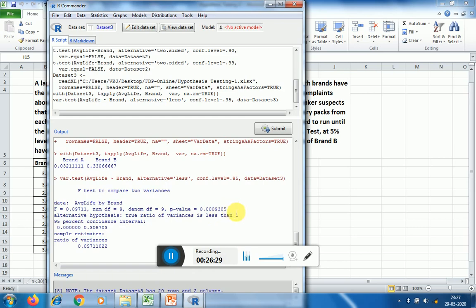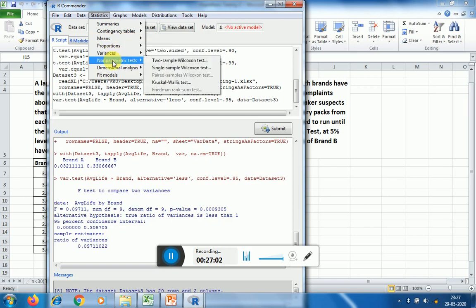So I can conclude that even at 1% level of significance, the null hypothesis is rejected and the alternative hypothesis is true, and even for 10%. So this is how we can perform hypothesis testing for variances as well.